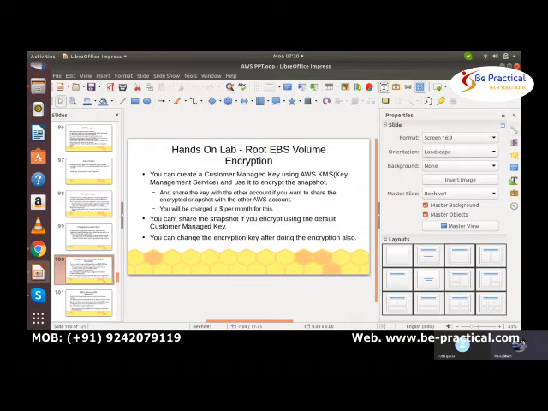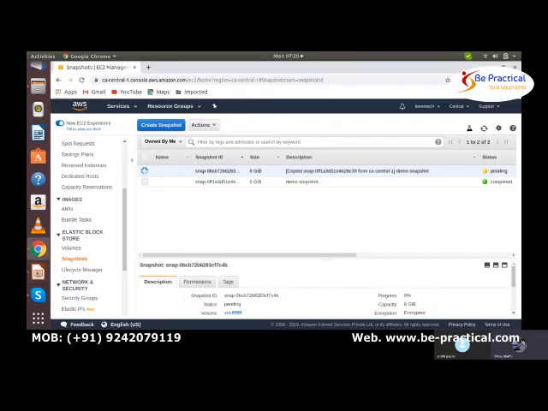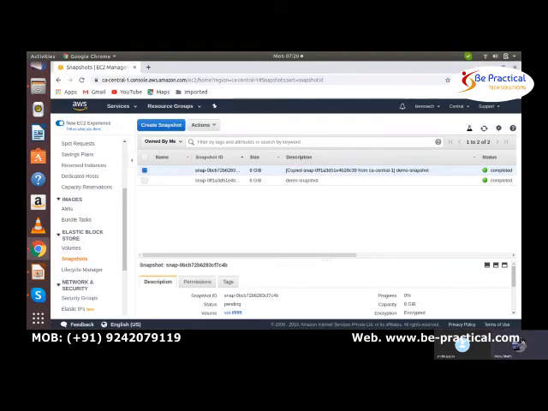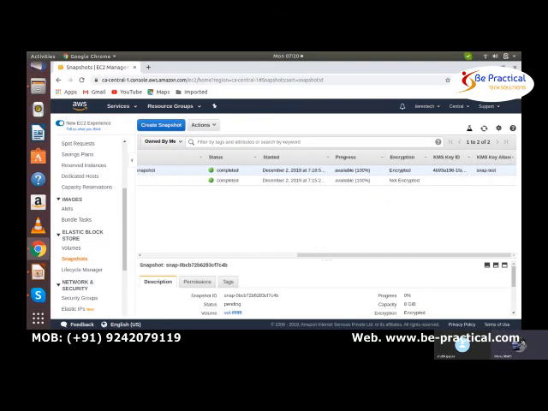So the hands-on lab, that is what we are doing here. Now it is completed. So this has been encrypted, as you can see over here under encryption, and the key also we can see over here.